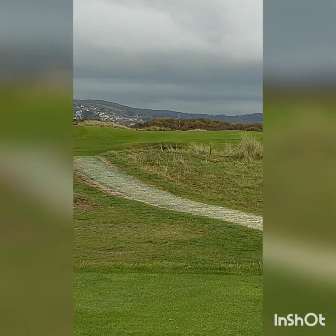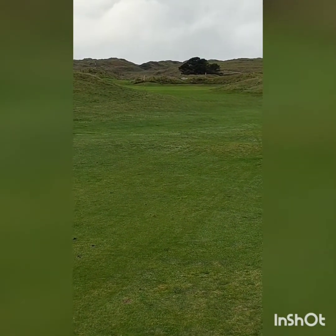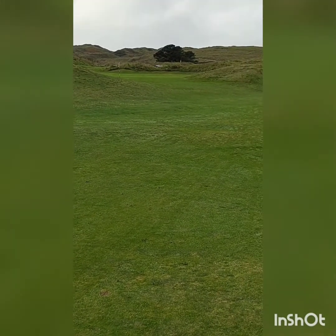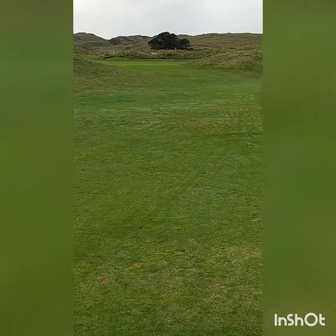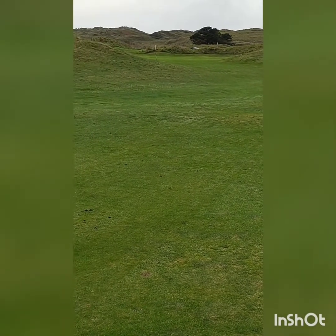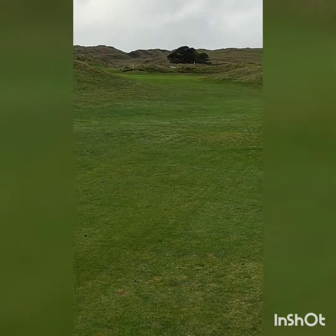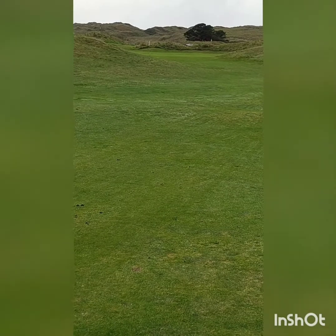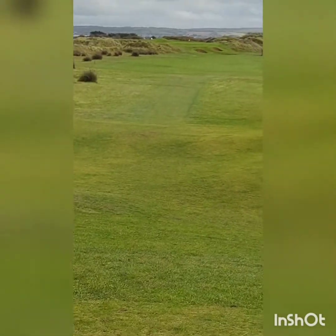Green on a bit of a plateau. It's the shot into the 8th green at Saunton. Par 4, I can't remember how many yards it is because I've not got the card with me. But the green's tucked away in the mounds there, really nice. It's a blind drive, we've got to play up over the marker post. It's a bit of a long way to clear to get on the fairway from the whites. Just made it. This is the 10th on the East Course at Saunton. 309 yards,